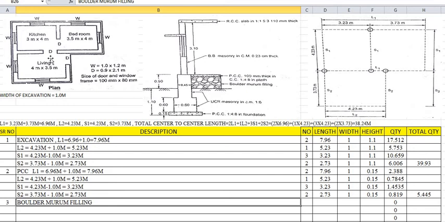So how to calculate the inner to inner dimensions of this boulder filling, depending upon the dimensions of the kitchen, the bedroom, and the living room? This concept is very important: how to calculate the dimensions of boulder filling. Once again I am repeating that the quantity of boulder filling is to be filled within the room. This has been cleared in these sections. Again, how much will be the dimensions of the room?